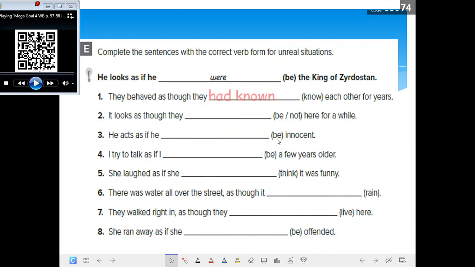طيب I will show you the answer. The answer is had known لأن هو بيتكلم عن أكشن في الباست، بس الأكشن ده يعني الحدث ده غير حقيقي. يبقى إذا كنت بتحدث عن شيء غير حقيقي، طبعا قلنا بنستخدم الباست سيمبل أو الباست بيرفكت، ودي قاعدة كنا أخذناها في كتاب الطالب الوحدة السادسة. طيب can you answer number 2؟